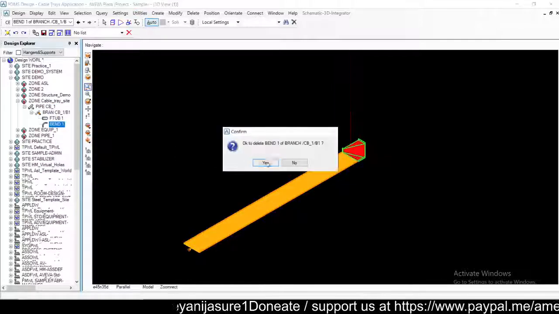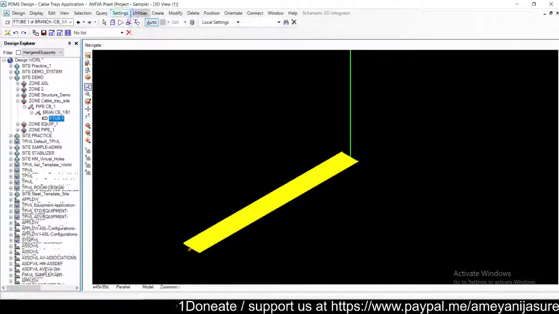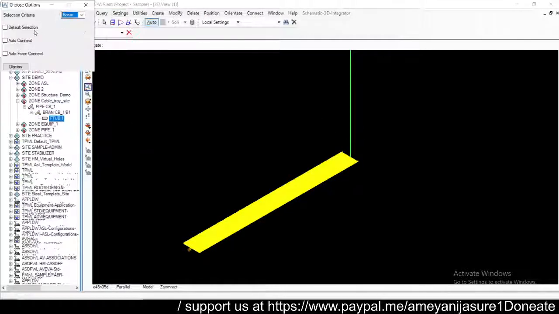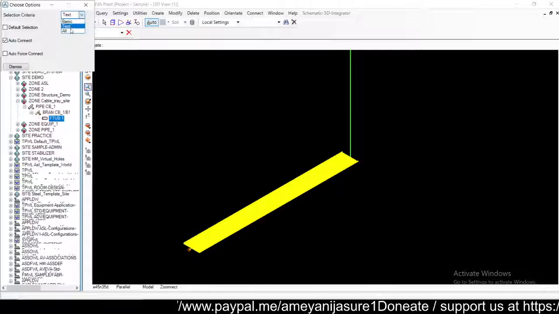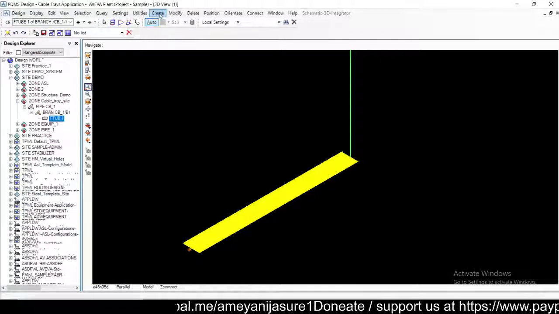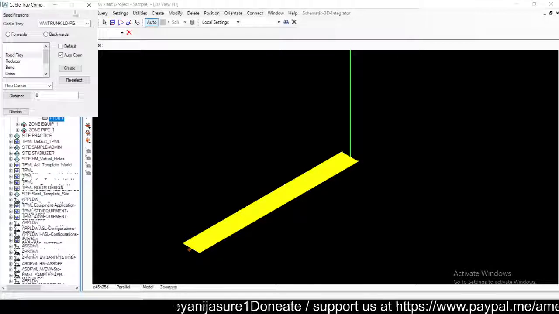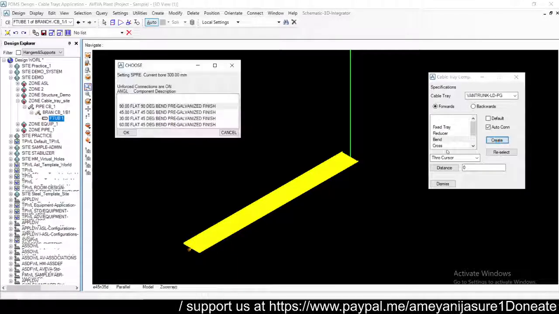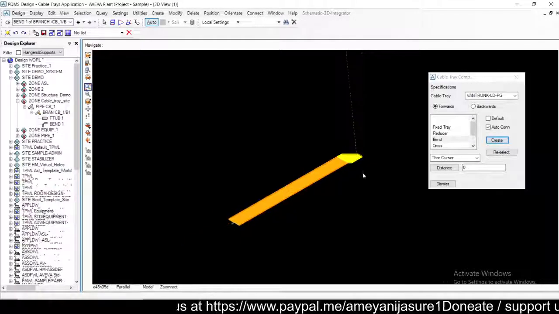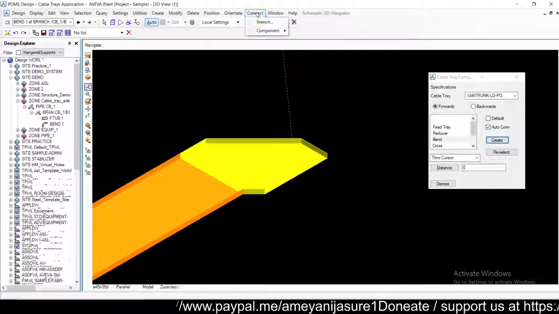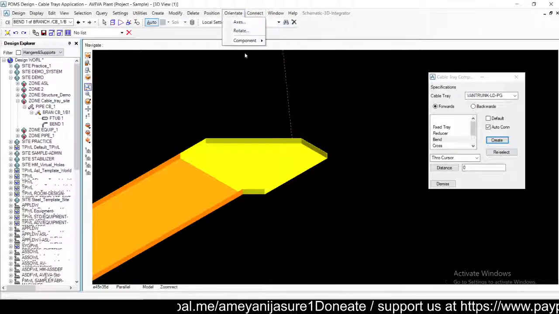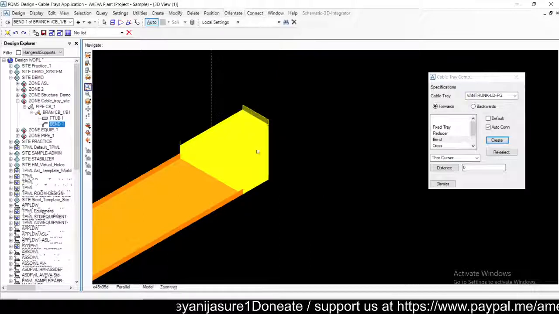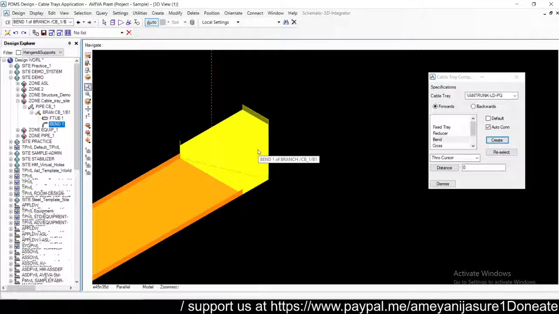So we will just create a bend again. We have one cable tray branch which is already created. I will change the settings to auto connect, and we will go and create components. In components I will use a bend, create a 90-degree bend, and this is my bend. If I flip it like in the previous video, with change exit, it will only flip in two directions. It can go either right or left. It will not go up and down like a pipe.